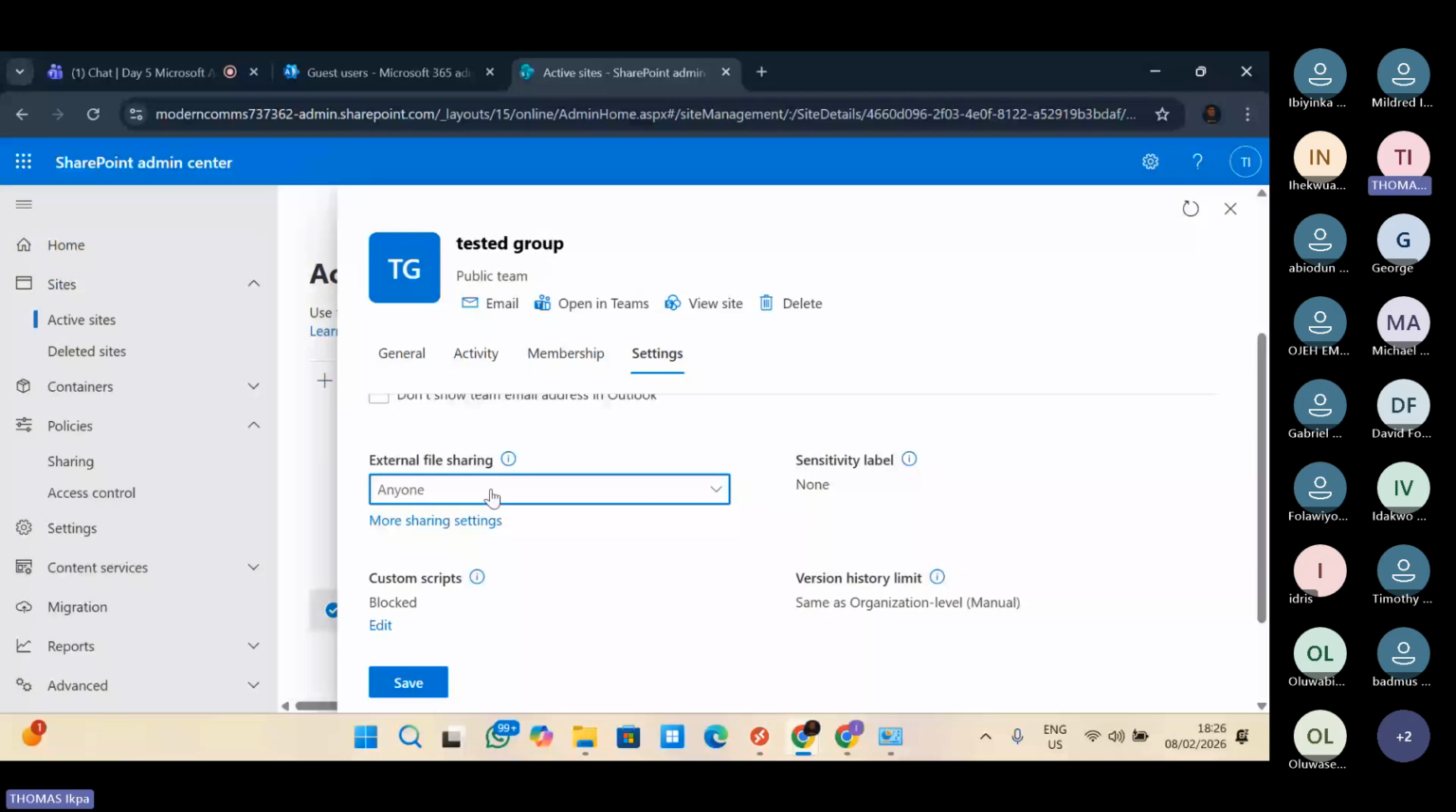Do you understand? So the org level is like the highest. It's the parent share policy. That's where you give the final say. Do you understand? Now, if I go back here now to the org level,